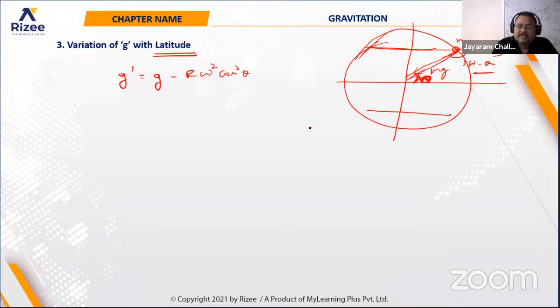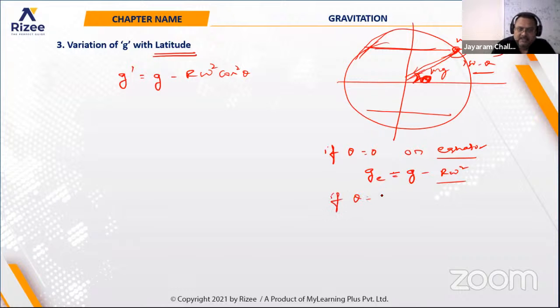If theta is equal to 0, that means on the equator, G on the equator is equal to G minus R omega square; you are removing something from G. Similarly, if theta is equal to 90 degrees, that means at the poles, then G on the poles is equal to